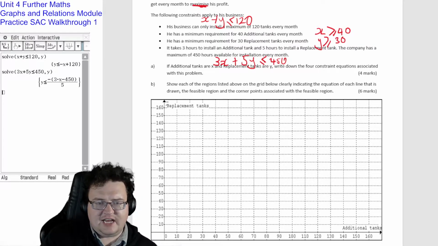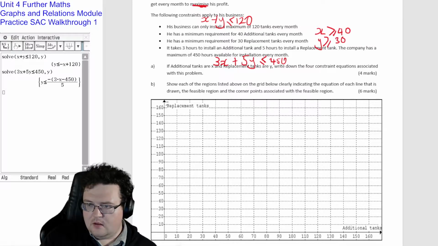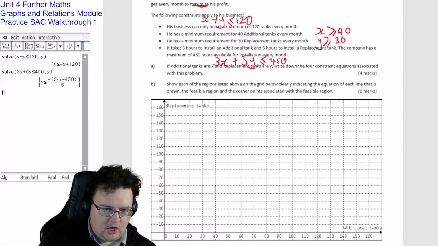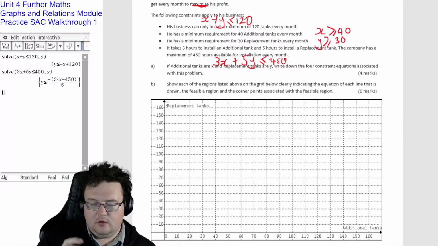So you'll have to take note of which way the inequalities are pointing. In most cases, they're going to be pointing towards the equation. However, there are times when that occasionally doesn't matter, or is occasionally the other way around. So you have to pay attention very carefully. So now that we've got those two,